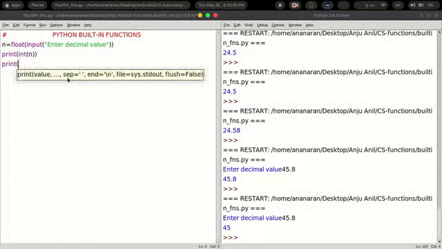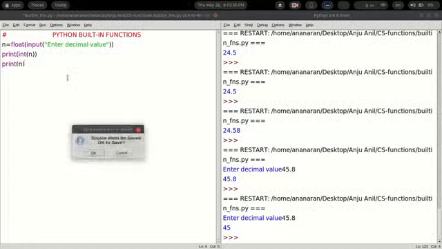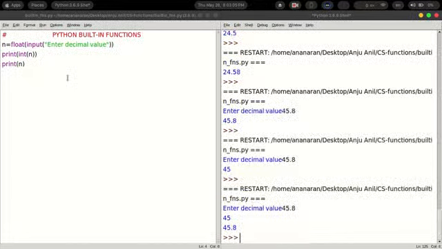Now next, if I give print n, what do you think you will get as output? 45.8 itself. So in the first line I get 45, but in the second line again I get 45.8. That means here it is just converting the float value to an integer and giving you the output, but n is not changed. n remains the same, that is 45.8. So that is why in the next line you get 45.8.